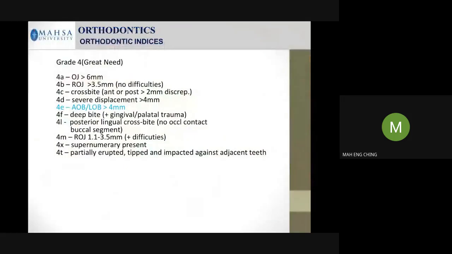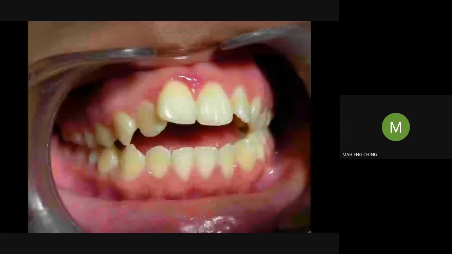Okay, anterior open bite, same with the displacement. If it is an anterior open bite or posterior open bite, they are more than 4 millimeters between the incisor edge. So measure between the incisor edge. Let's say this one central incisor, between the central incisor edge to the bottom. This one is more than 4 millimeters, consider